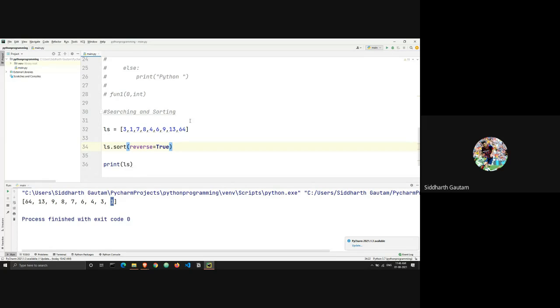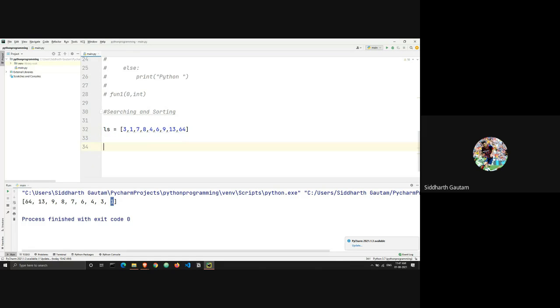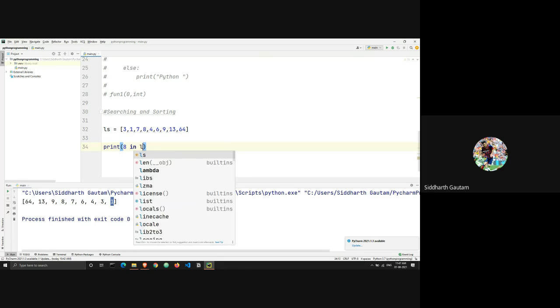Which is why we are going to take a look at just one of the algorithms of sorting, and similarly in searching. I will let my list stay like this, and I have to search my element. Let's say I have to search this element of 4. Let's see. What I'm going to do is print 8 in ls.